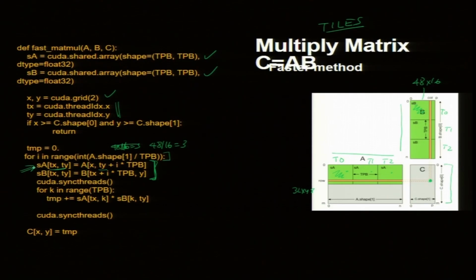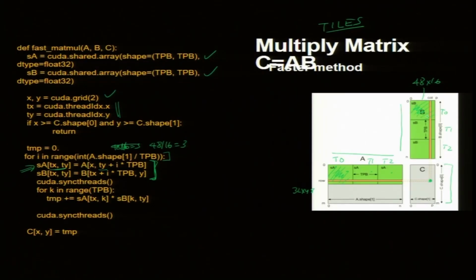So, let us imagine i is 0. Then what do you expect when i is 0? It will do what I did in the previous example. All these threads will act together and fill this T0 and T0. True or not true? You can just see that when i is 0, x comma Tx is the same as Tx comma Ty. For i equal to 0, it is exactly the same operation I did in the last slide. Clear to everyone? This is Tx comma y, which is Tx comma Ty.